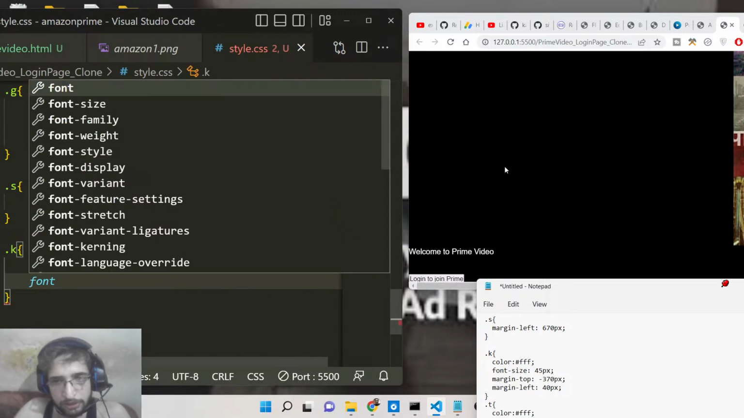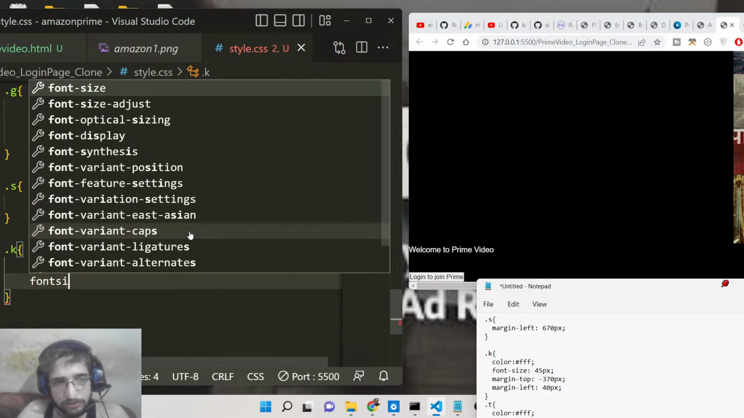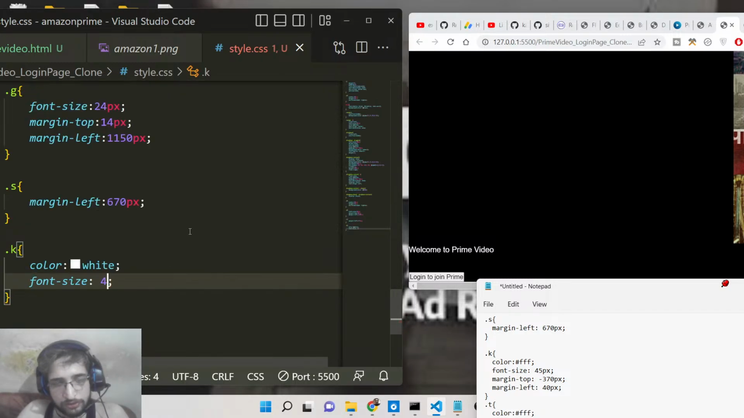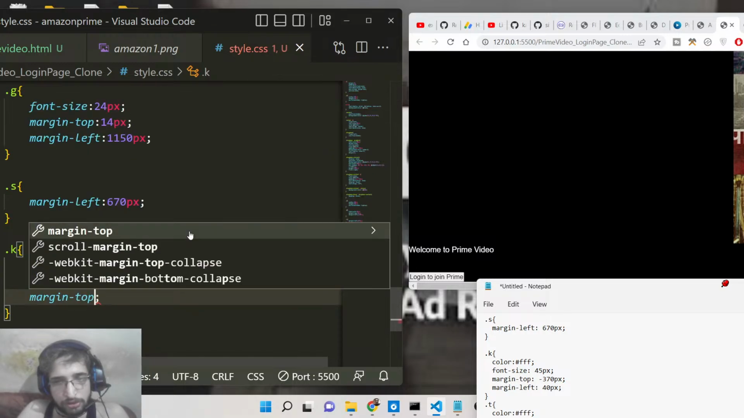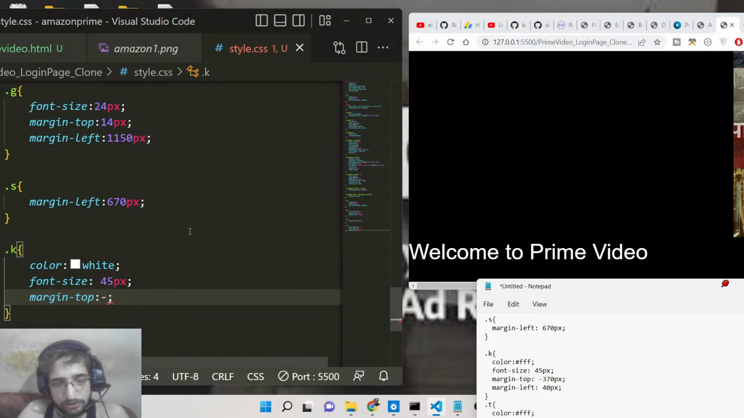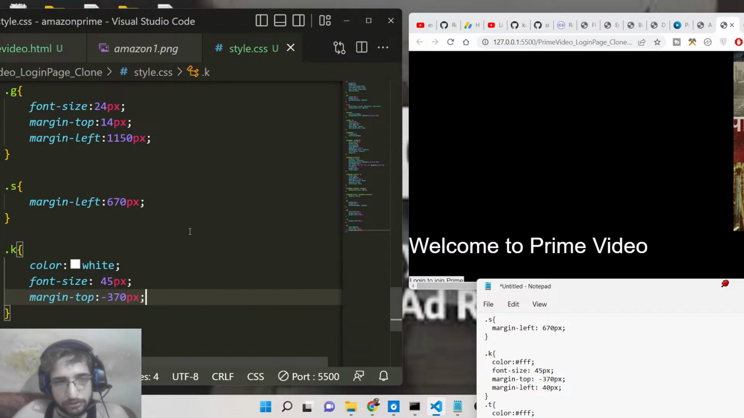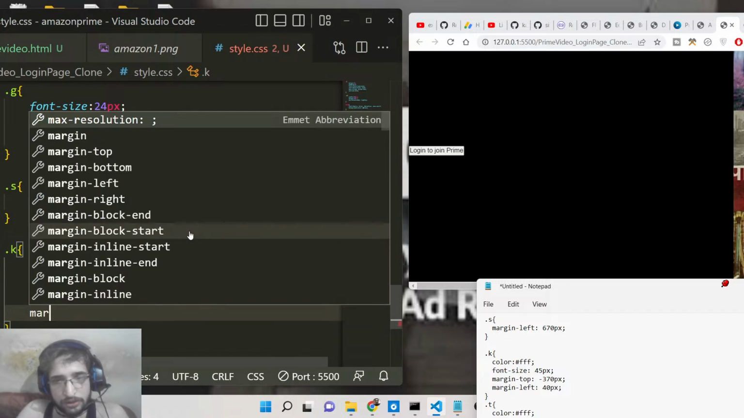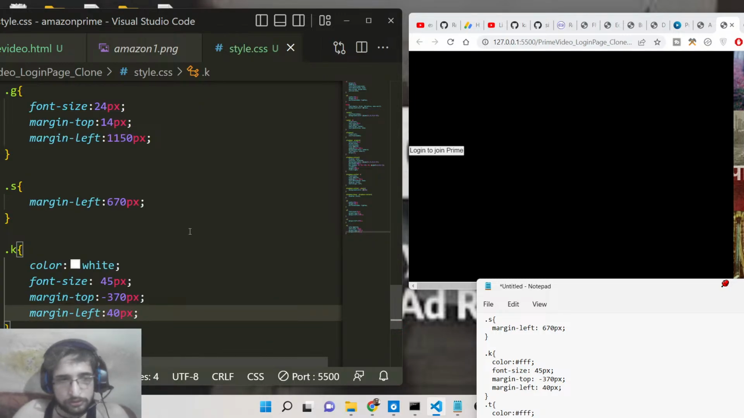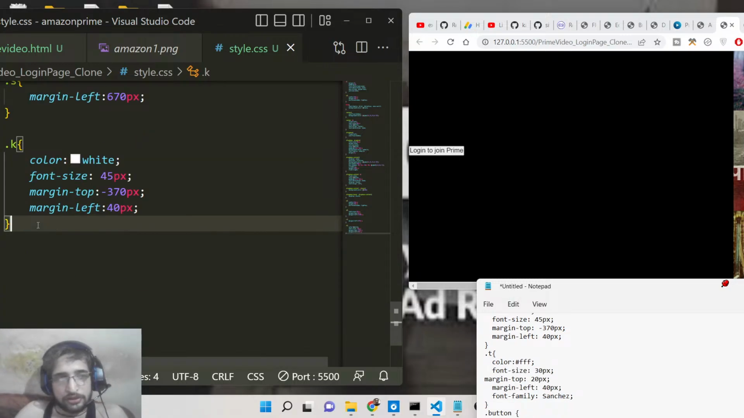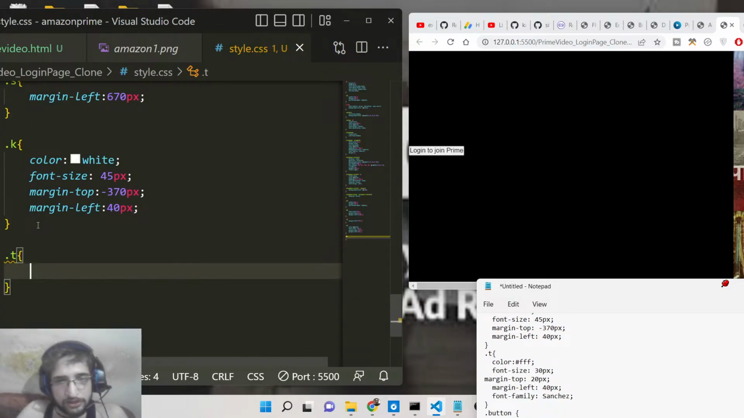So you can see welcome to Prime Video. You can now see font size. We will increase this font size. We can increase it to 45 pixel. Margin top to minus 370 pixel. You can now see margin left to 40 pixel. So now you can see slight animation is also there, and we will now be targeting the T class, which is